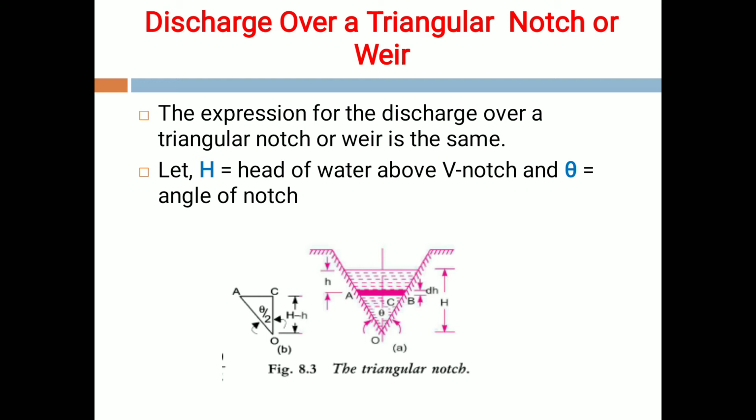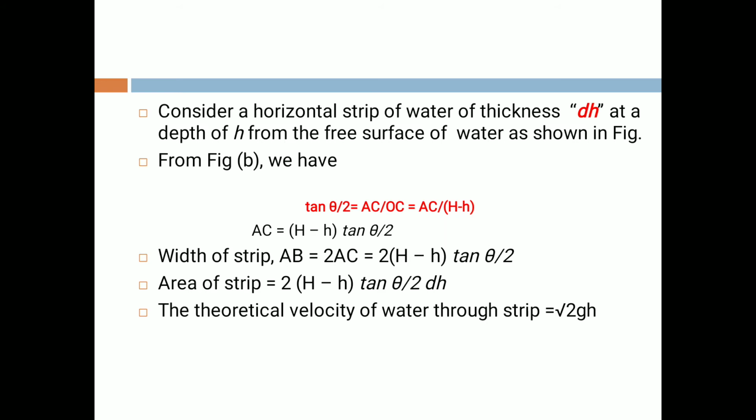Same here as we saw in the last derivation, in the discharge over a rectangular notch or weir. Same horizontal strip of water is considered with thickness dh and depth h from the free surface of water, as shown in figure 8.3. So, from the figure we have